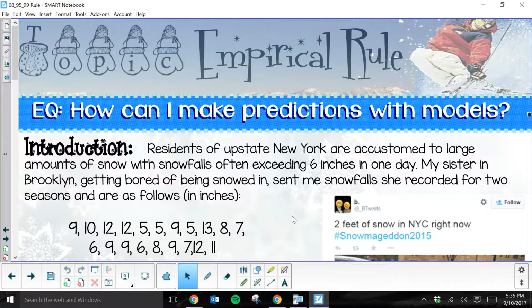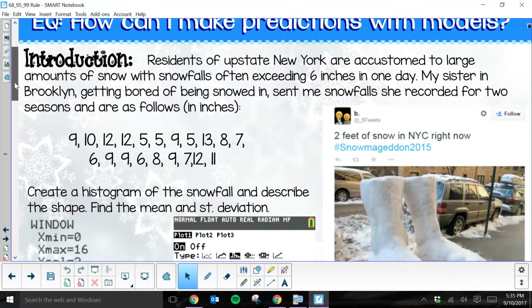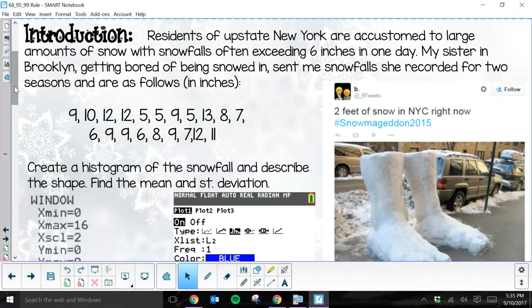I learned that trick from another fellow statistics teacher, and I absolutely adore it because it really is a triumphant rule and trick that is seriously going to help you answer this essential question, which is how can I make predictions with models? So the first thing we're going to start off with before we actually jump into the empirical rule